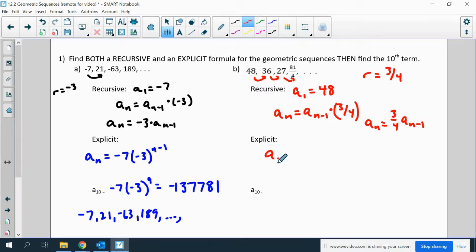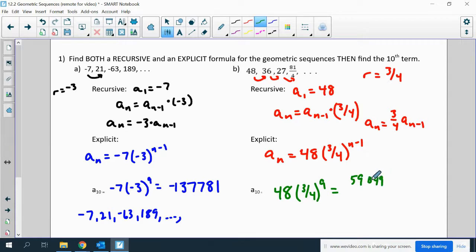Explicitly, I could define this as a sub n equals whatever my first term is, which is 48, times 3/4 to the n minus 1. Then if I want a sub 10, I'll do that explicitly because it's easier. 48 times 3/4 to the 9th. And then when I plug that in, I get 59,049 over